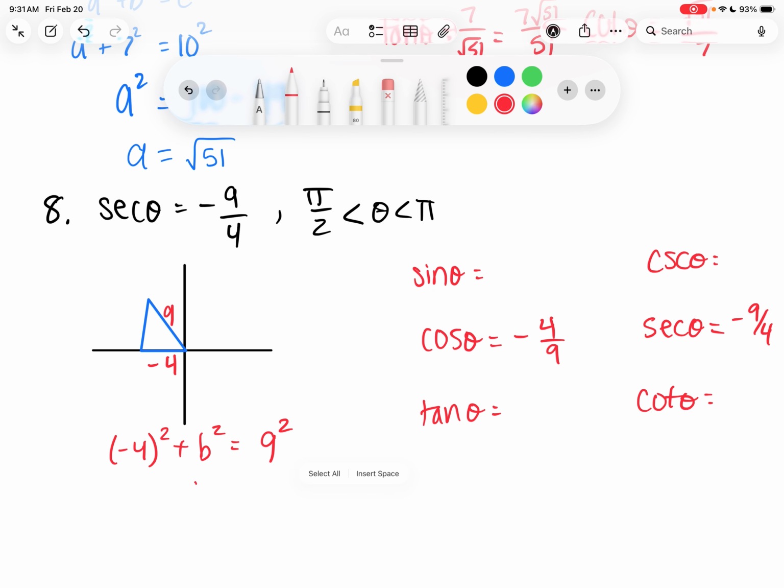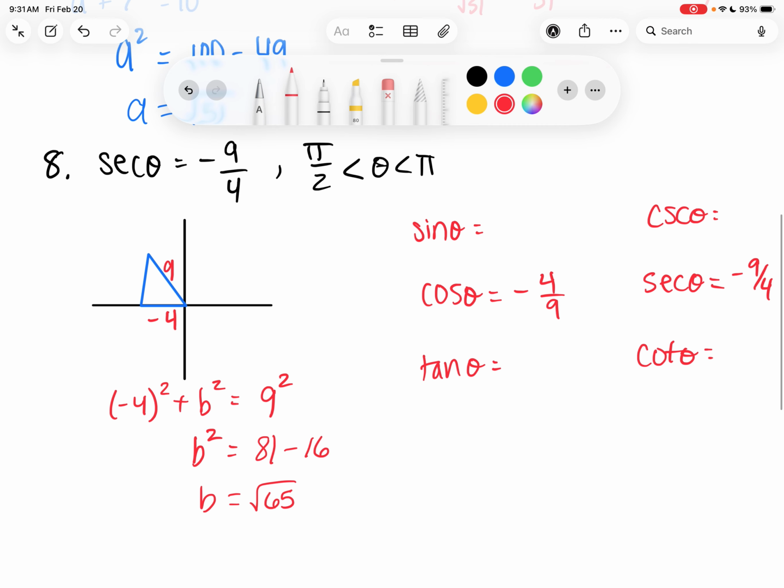So then b squared is equal to 81 minus 16. Then b is the square root of 65. Can that be broken down? No. And then is it right that it's positive? Yep, it's going up. So now sine of theta,